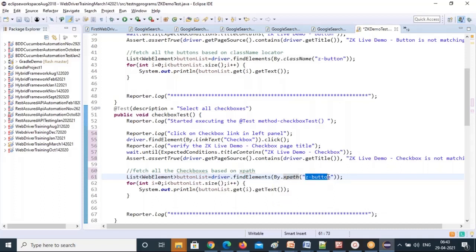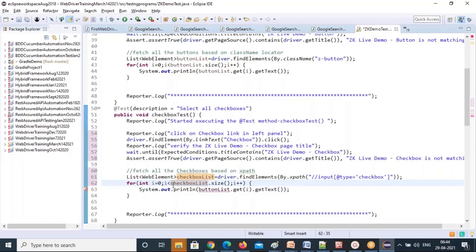So let's write this: double slash input, since the input tag is there for every checkbox, then @type equal to checkbox. Now this is the checkbox list. So we got the checkbox list, and we iterate over that checkbox list.